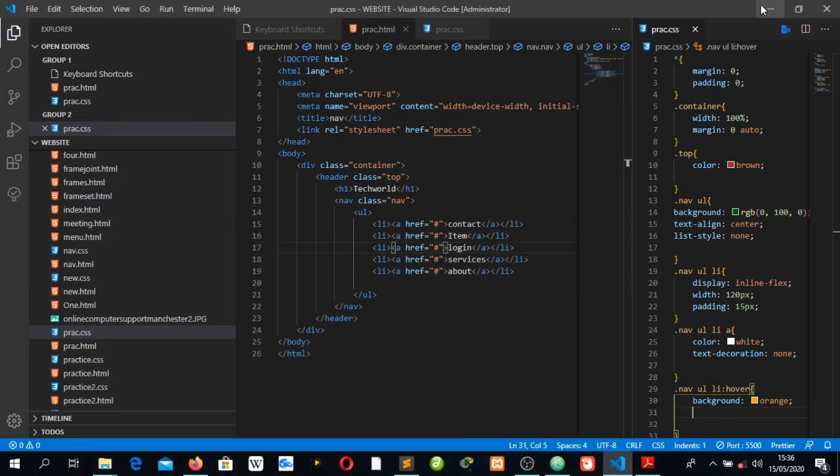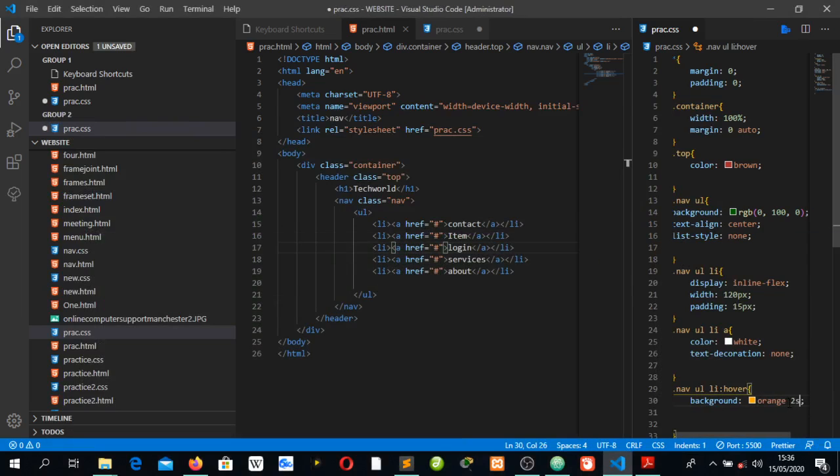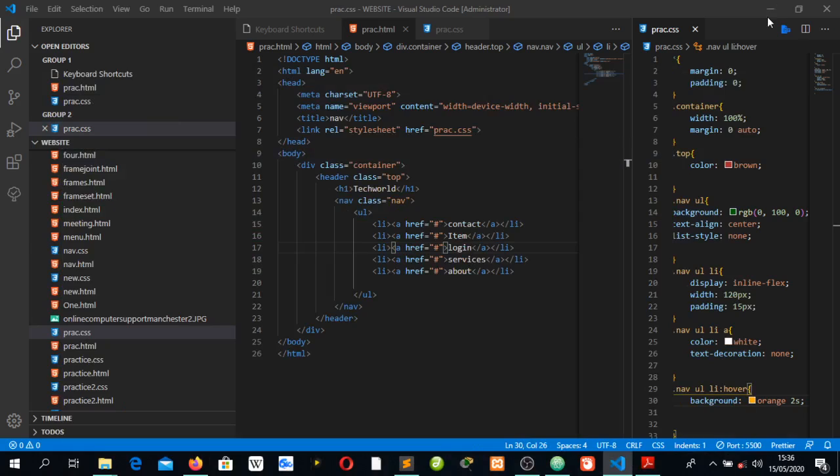I think guys you can see we can now hover around our text, but then let's make it smooth. Yeah, we can say 2 seconds. Ctrl S, we get back, and then I think guys you can realize, oh sorry,